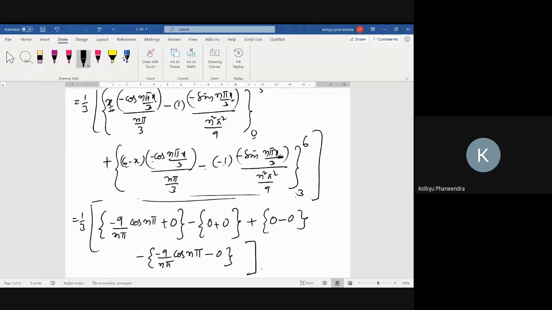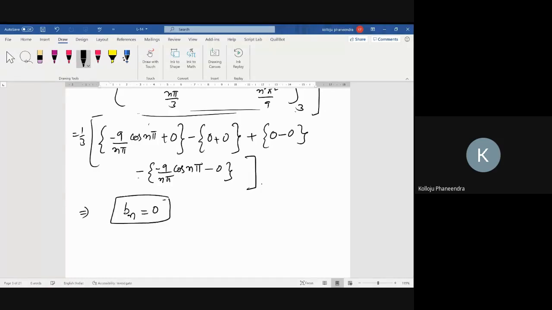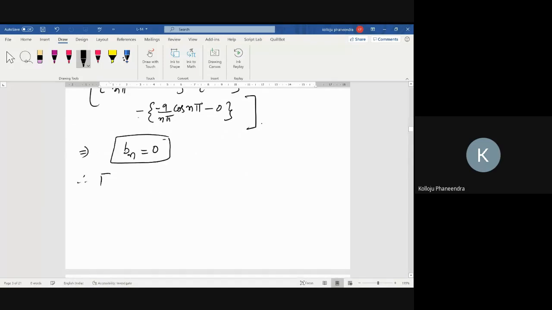All the limits are substituted. Upper limit minus lower limit. Now only these two terms are there. I think this is minus 9 by n pi and this is plus 9 by n pi, right? These two get cancelled. That means bn equal to 0. Therefore, Fourier series is